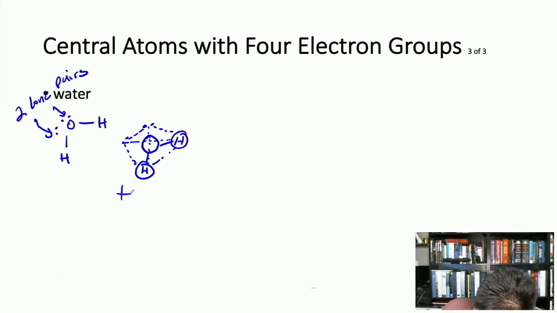These are lone pairs right here. I know you can't see them, so maybe I should make them darker. There we go. We make another tetrahedral electron group,